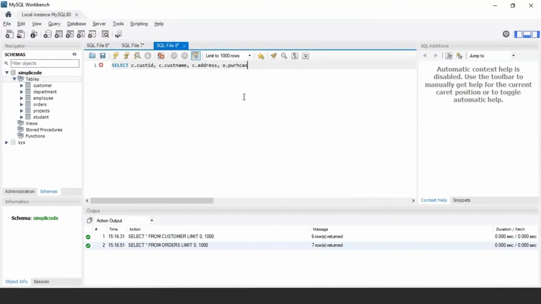So O dot product name, that they have purchased. I also want to display the quantity, so O dot quantity, its price as well, O dot price, and the purchase date, O dot purchase date. From the first table, that is customer, mention the alias name C, left join, which is the keyword,